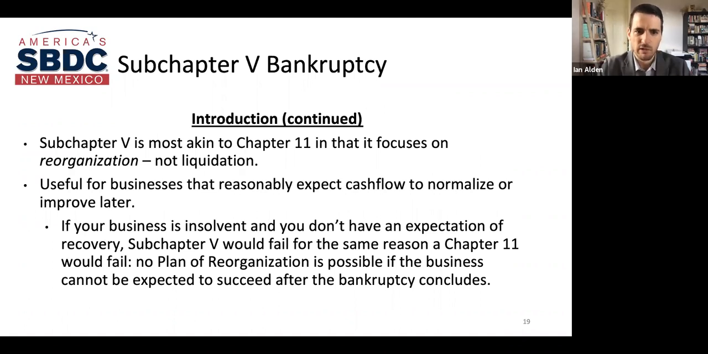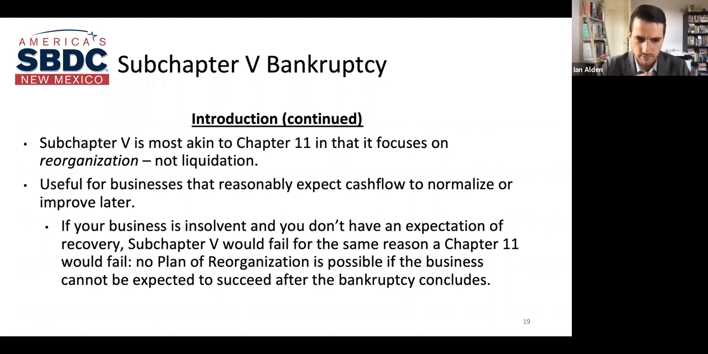Now, in terms of reorganization bankruptcies, it is very flexible and reasonably affordable, especially compared to Chapter 11. In common with Chapter 11 is that you still need some kind of reasonable expectation that the business is going to stabilize after the plan of reorganization and after the business exits bankruptcy. We'll look at some case studies later, some use cases for Subchapter 5. But the big takeaway is that